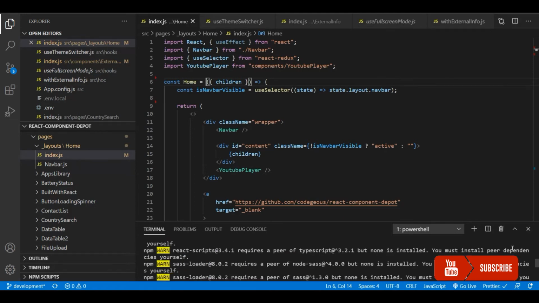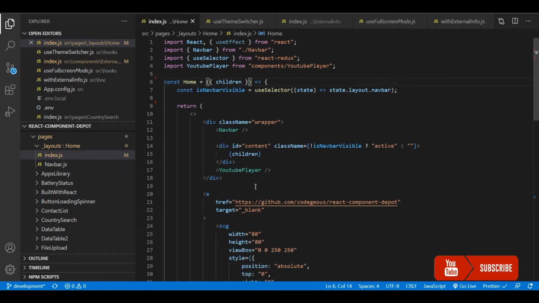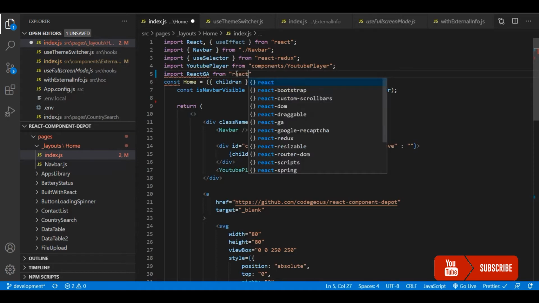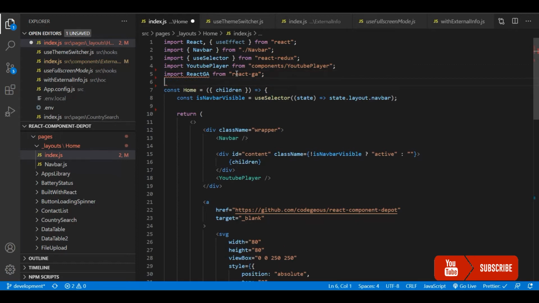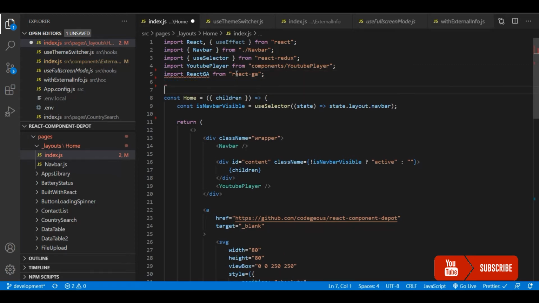I'm going to initialize React GA in this component. Our package was installed, so let's import the React GA package and initialize it with the tracking code from our config file.